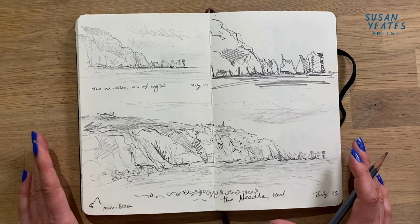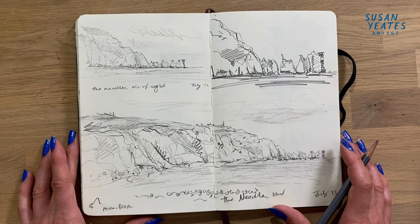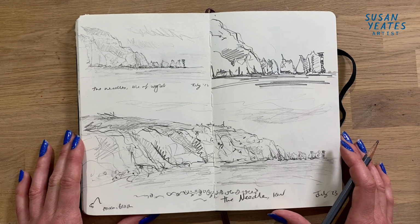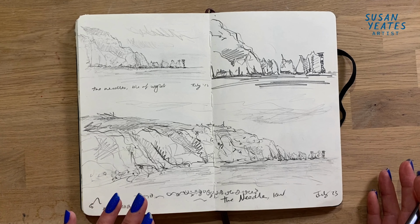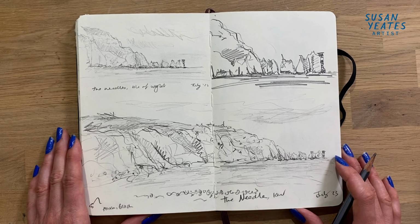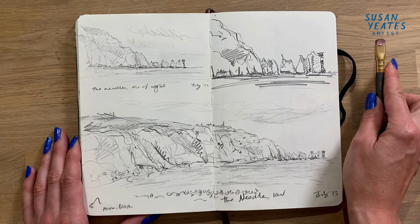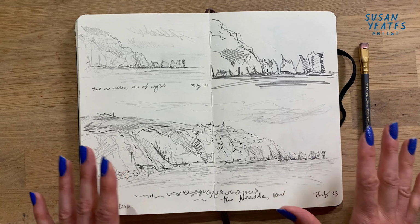So perhaps next time you go out on a family holiday or a day out, just pop a sketchbook in your bag. And when you've got a little wait, or you're sitting down to have a coffee, a sandwich, you're waiting to get in a queue for something, waiting to go on a trip, just bust out your sketchbook and sketch what you see. I hope that is interesting, and that just tells you a little bit of that